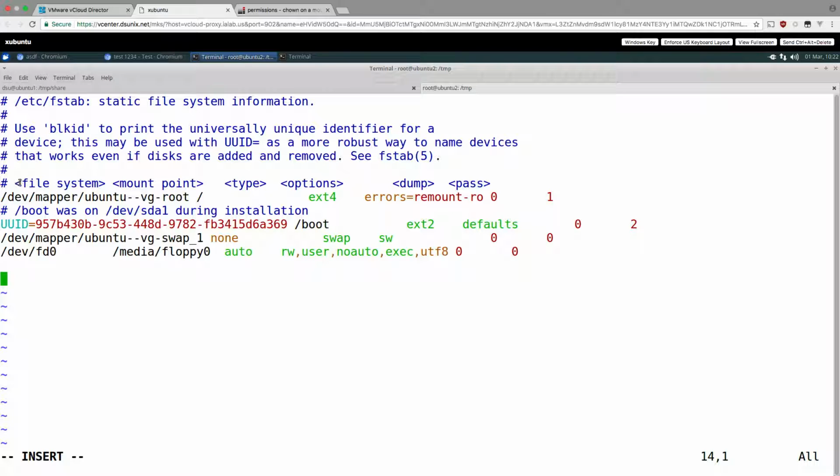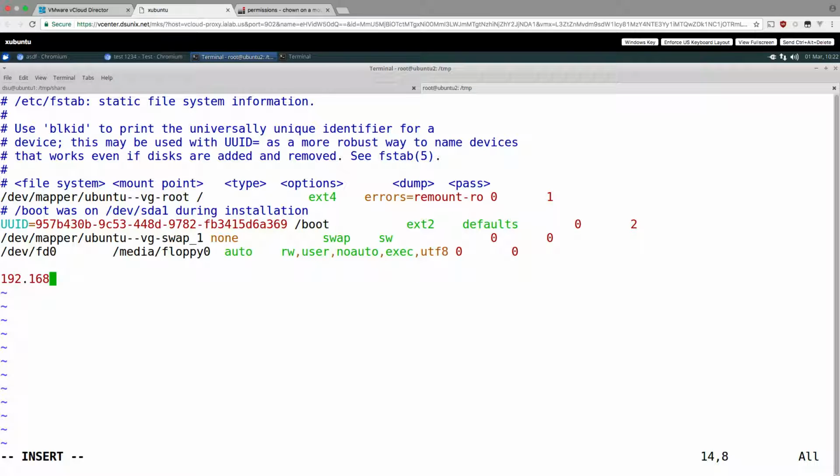So you can see here the different components of this file. So we have the device we want to mount, where we want to mount it, the type of the device that we're mounting, any options that we're passing into the mount, and then a couple other options that are really relevant. So in order to do an NFS mount point, all we would have to do is say the server,